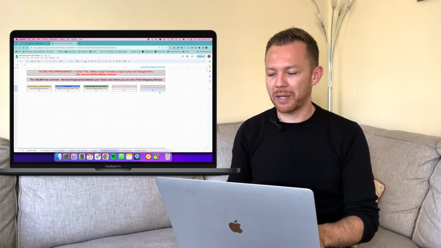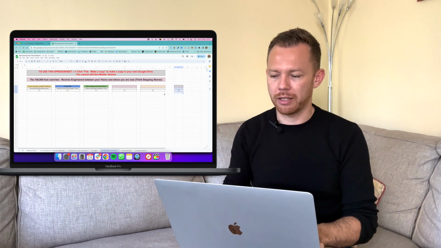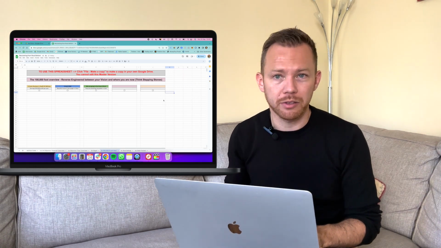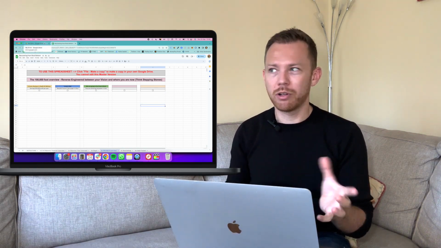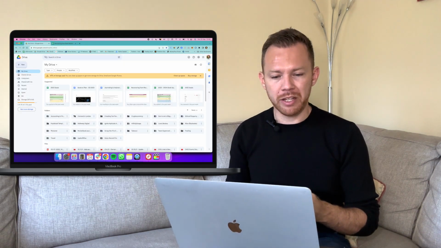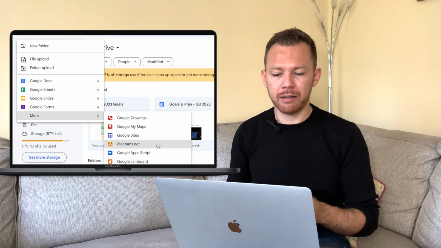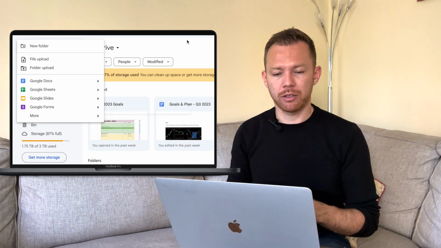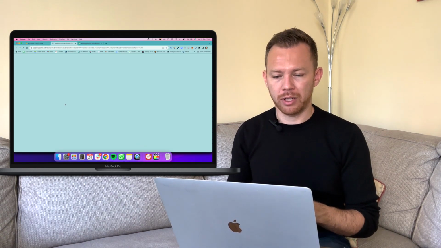If you need more space, just literally grab one of these sections, copy, paste it, increase the column width, etc. You get the idea. So you can adapt this as you see fit. Also, just quick side note, if you are more of, let's say, an engineer type mind, then a really cool resource you can use in Google Drive for free is called diagrams.net. So just go in the top left corner, go to new and then more and then diagrams.net, and you